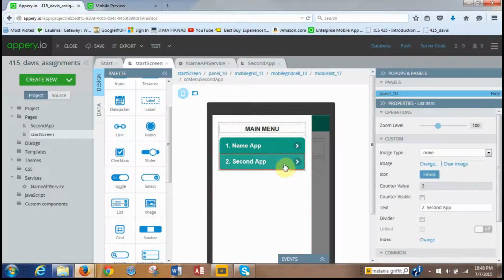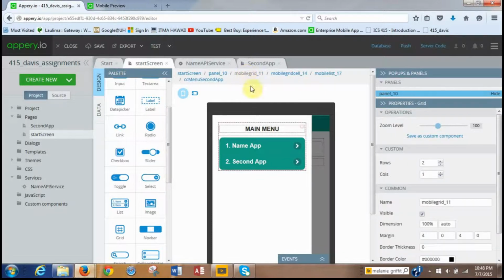So if we click on this, as you look at the breadcrumbs, here's the app. We go up to list, which would be these two green buttons. Grid cell would be this cell. Mobile grid would be the whole thing, I think. So you see how now this whole thing that we want to save is highlighted, and then over here the option comes up, save as custom component. So we click that